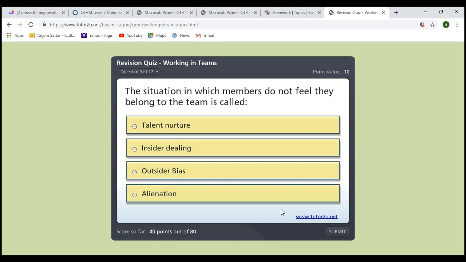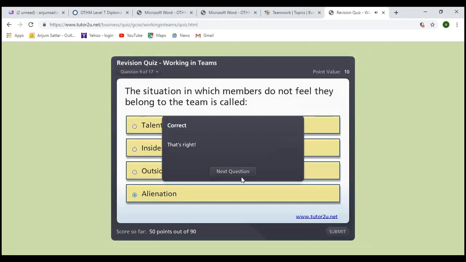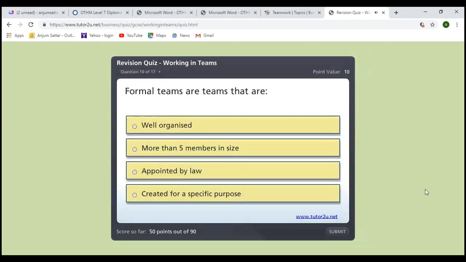This is alienation. Well done, correct. Okay, next, formal teams are the teams that are